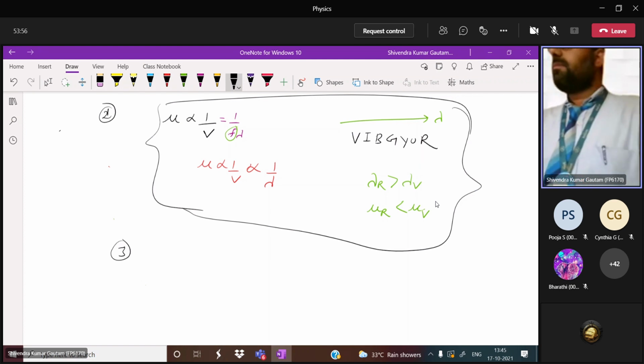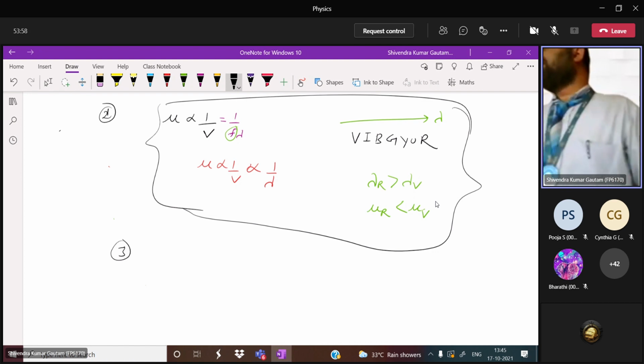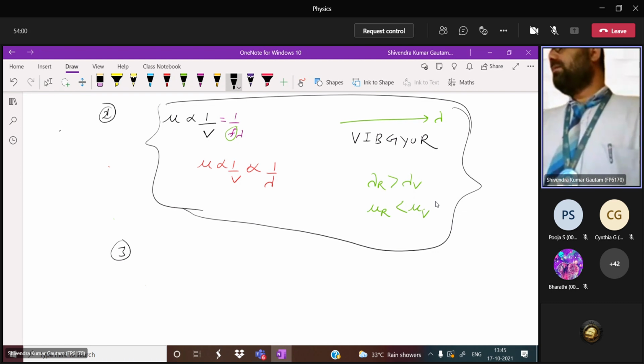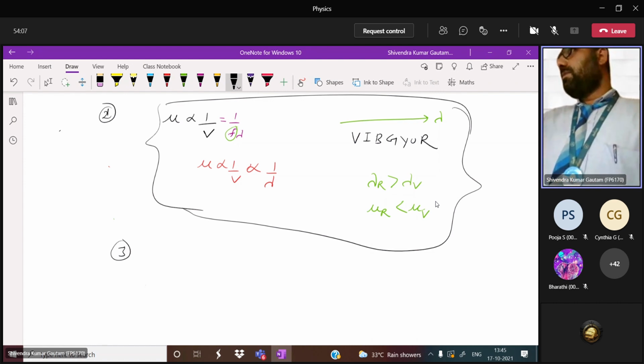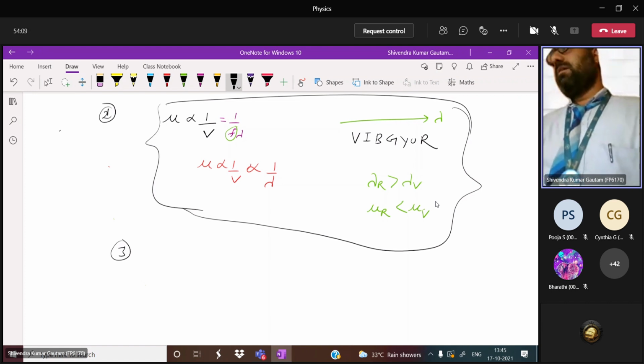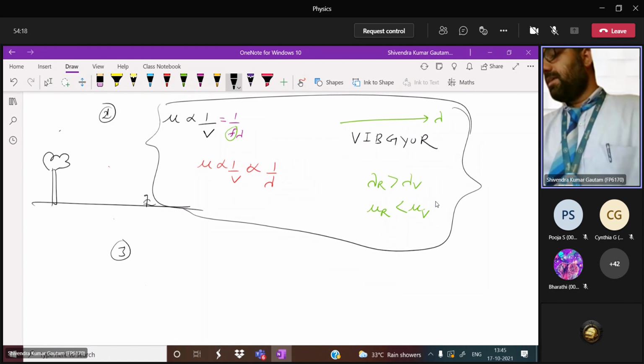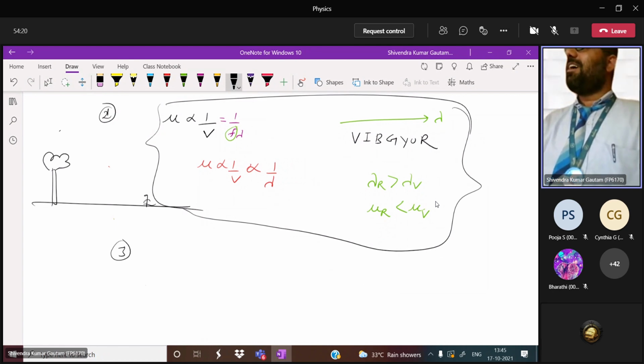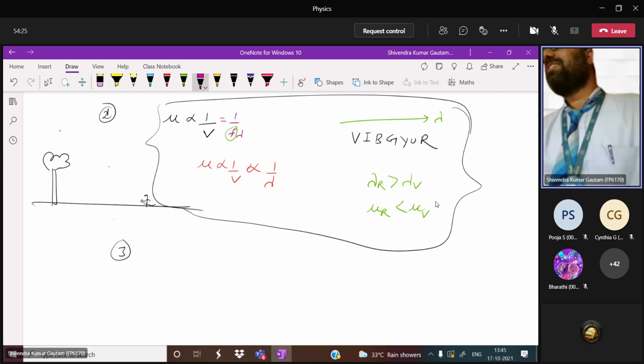Now the third factor is what? See that mirage concept. Mirage or looming, studied in 9th, 10th class. Looming: a ship will appear in the air. And in mirage, a false image will form. If a tree is here, and you are here, Praneshwar here, in hot summer days. Now, in a car or bike, Praneshwar? Car or bike?